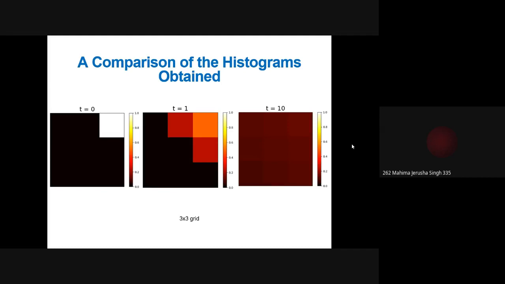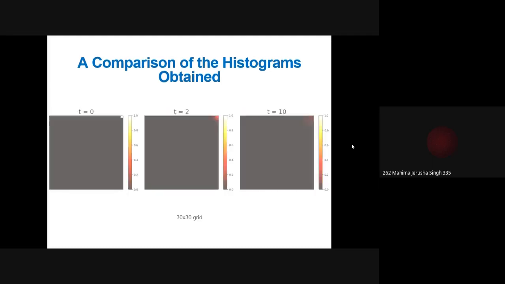So if we study the probability for just one move, for T is equal to 1, then for the initial position, it will be 1/2 because it has the probability for the other 2 positions as well. And for the left and the downward move, it has 1/4 probabilities. Now coming to the next one, T is 10.